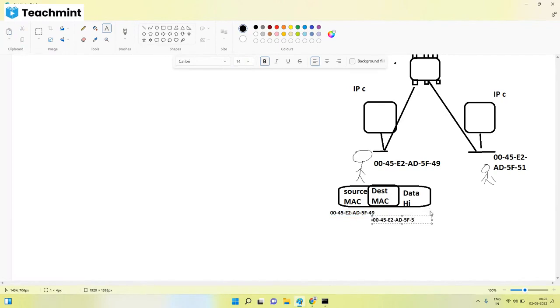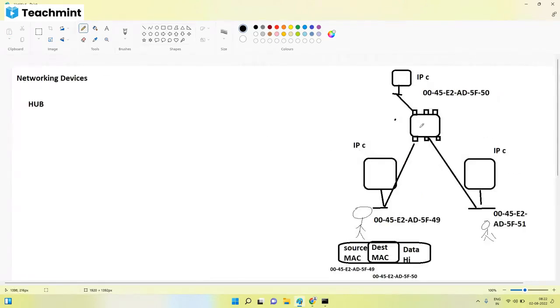Destination will be 50. Like this. Destination MAC will be filled here, source MAC address will be filled here, and data. When this packet travels from here to the hub,